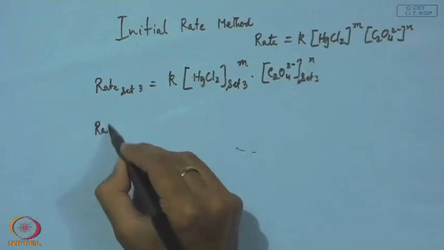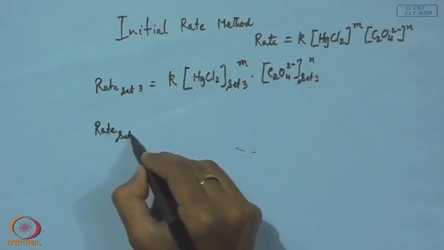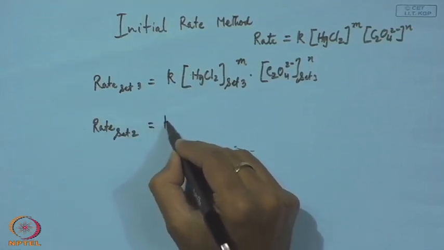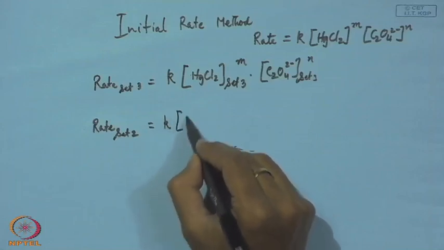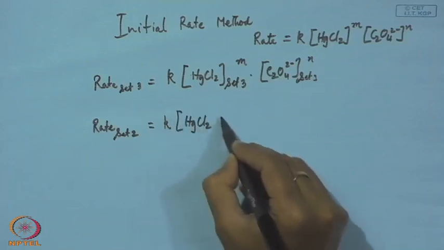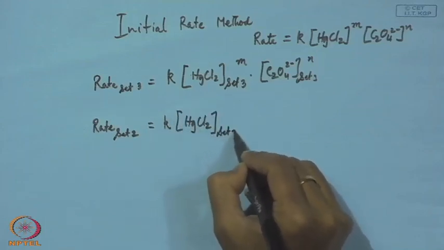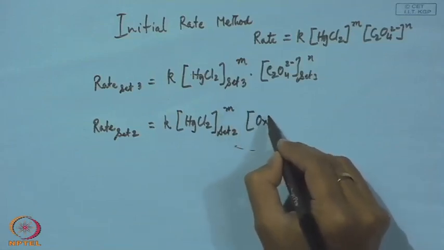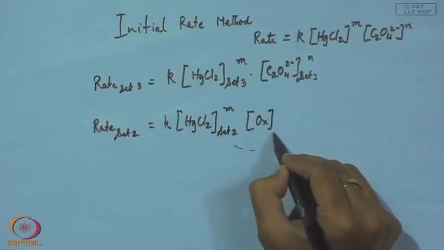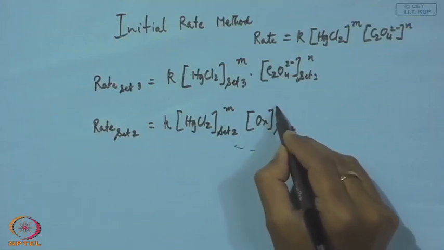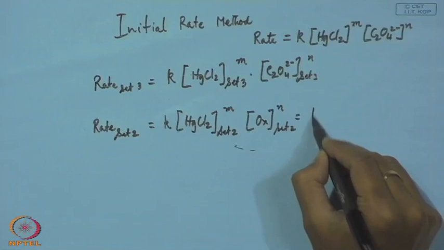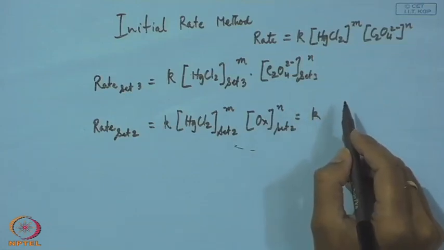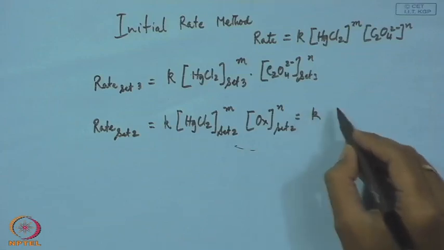For set 2, the rate for set 2 is equal to again K, the same rate constant, [HgCl2] set 2 to the power m, then this is oxalate, set 2 to the power n, which is equal to... now we will use information about different compositions and compare